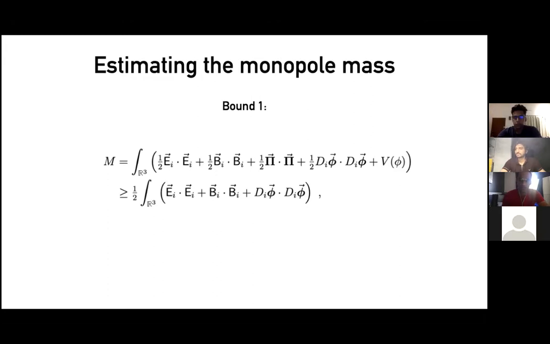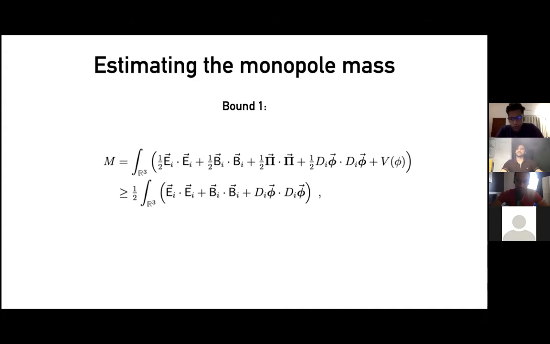Now what we want to do is estimate the mass of the monopole. What we really want to do is find a bound for the mass of the monopole. And this will be a big plus, as I discussed, because what we couldn't do with the Dirac theory of the monopole is, for instance, figure out how massive it is, because we just added some delta function source. We didn't have any way to compute that. And we'll find that interesting things happen when the bound we will now discover is saturated.